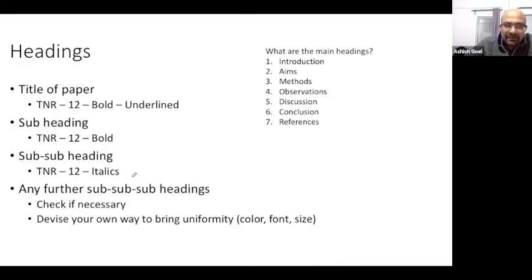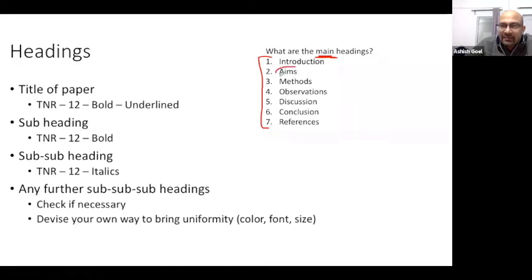So I generally prefer, again, this is very personal. Anybody can use anything, but it is important that your main headings or your level 1 headings stand out in the paper. So these are the main headings usually for a scientific manuscript. These are the 7, and we don't deviate from these. You have the introduction, you have the aims.